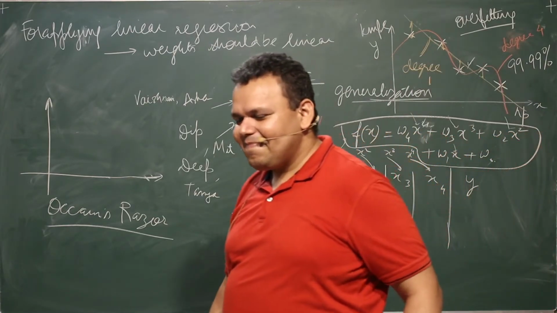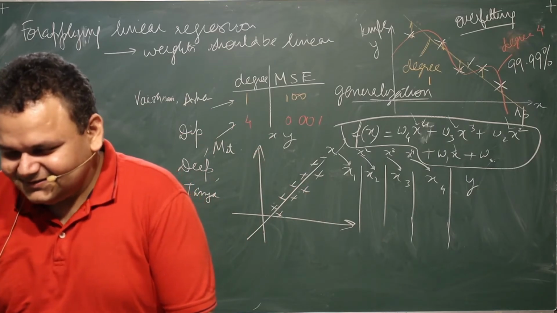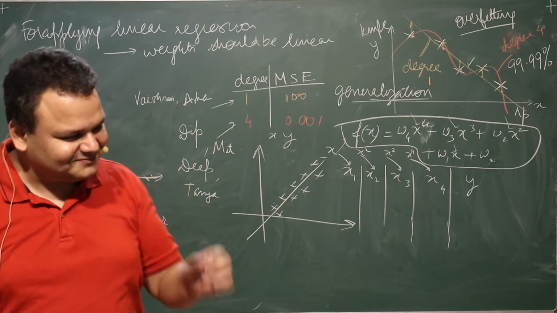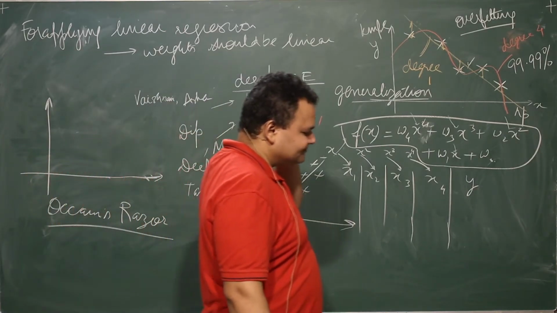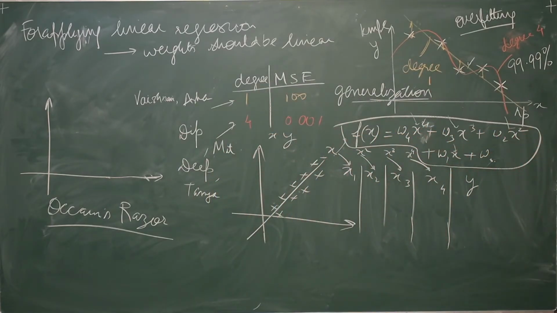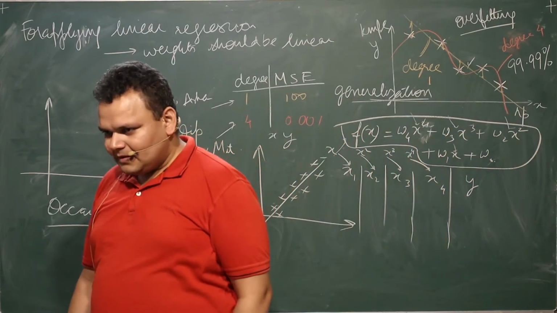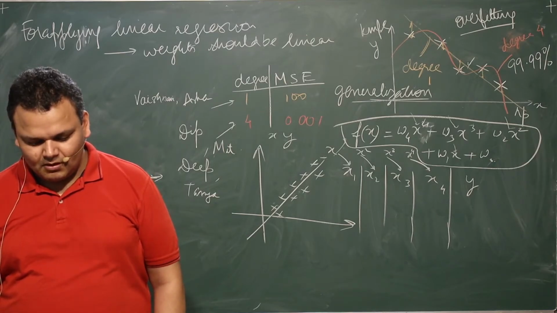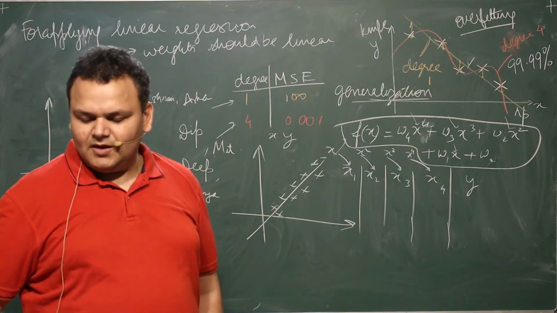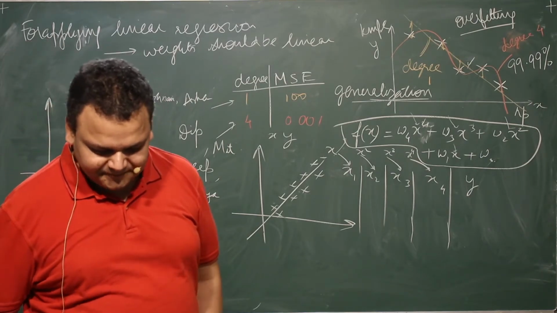Tanya: Sir, honestly, I am confused. About what? Sir, on one hand, what you're saying about the linear line, the straight line, does make sense. But then on the other hand, the 4-degree polynomial curve.